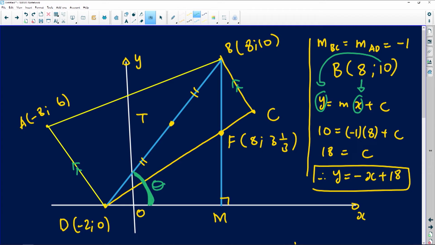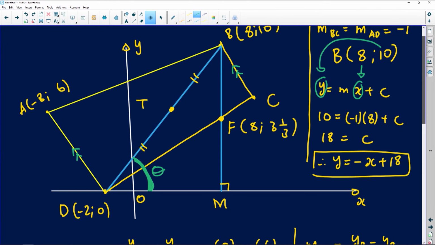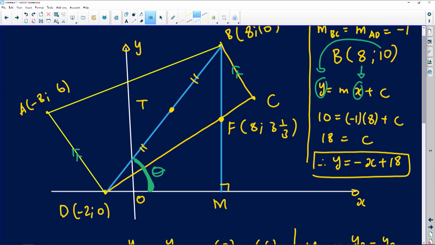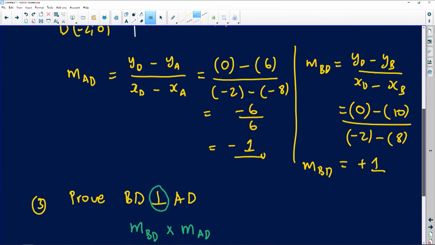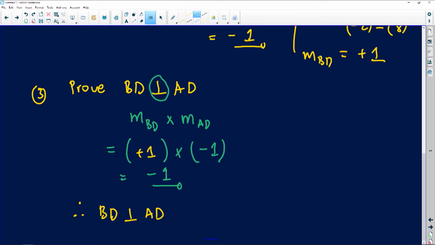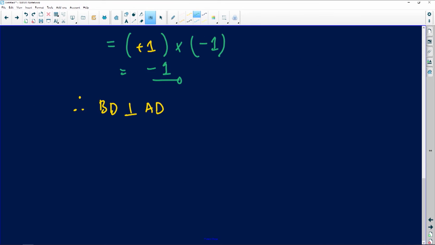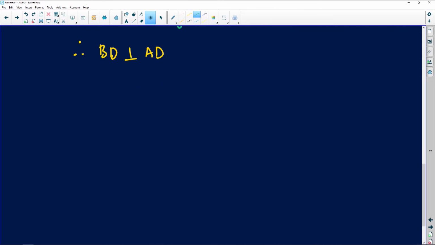So I'm introducing that angle BDM as theta, and I'm going to then use the concept of the angle of inclination. Remember what we said? We said the angle of inclination is the angle between the positive x-axis and the line of interest. So you want me to work out that angle for you? Well, you want me to work out the value of angle BDM for you. So I'm going to say to you, the tan of that angle that you're looking for, which I just call theta,